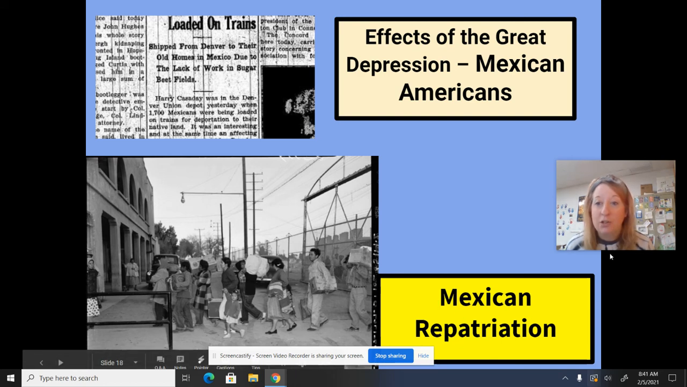This will change with World War II and will reopen jobs to Mexican Americans and Mexican immigrants. But like I said, over 500,000 were deported during this time. So guys, that is a lot. I hope you can see just how many groups of people were impacted in very different ways throughout the Great Depression. And I hope